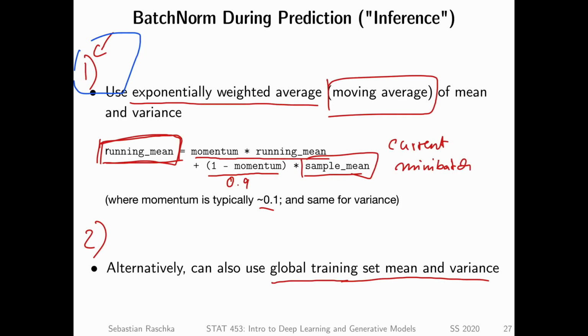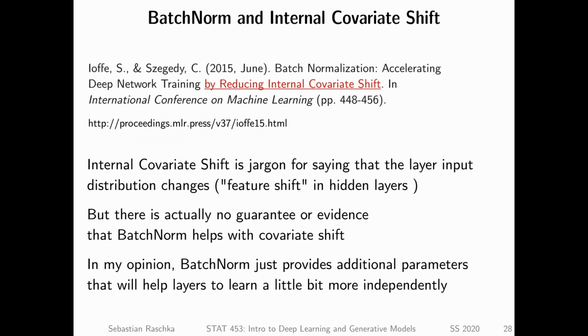Okay, that is maybe all I wanted to say about the basics of BatchNorm. So next, let's maybe talk about why BatchNorm works. I just gave you the mechanics, but why does it work so well? Actually, it's not really clear yet how or why batch normalization works so well in practice. There are multiple opinions. So the first is the original paper, which proposed BatchNorm and hypothesizes that it helps by reducing internal covariate shift.